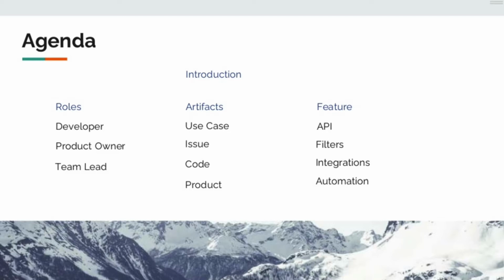The first topic is roles and their responsibilities, their purpose and their expectations towards Jira. Then we go to the topic of artifacts or deliverables, and how Jira is related to them and how Jira can help you keep track of the different artifacts. Last but not least, I will present some features of Jira or tools that use certain features provided by Jira